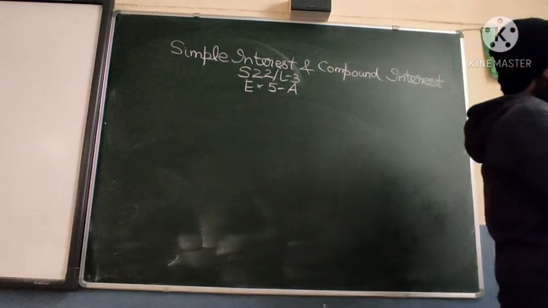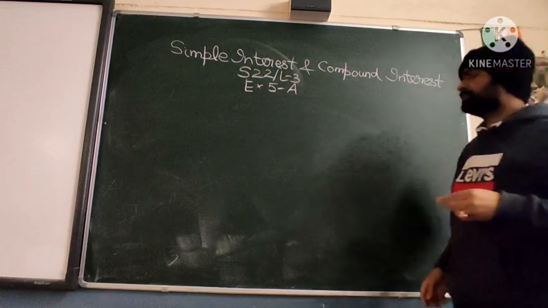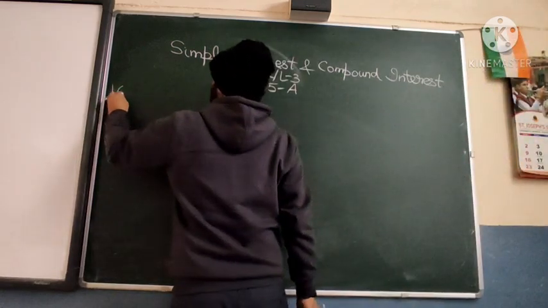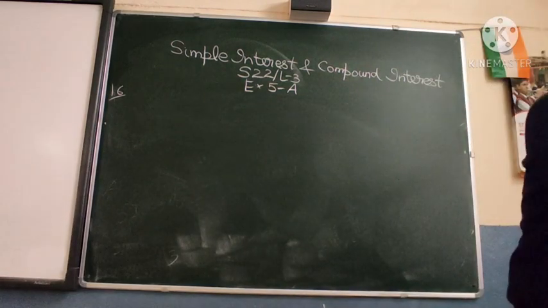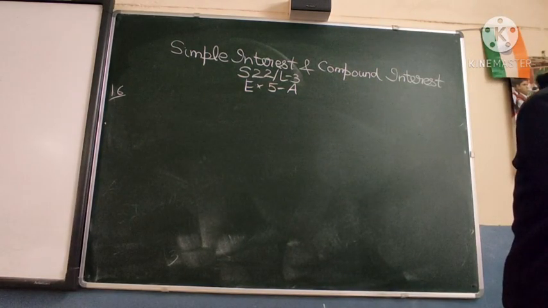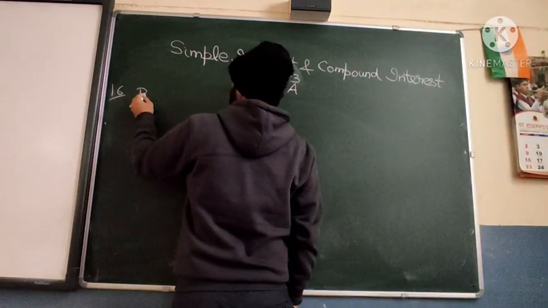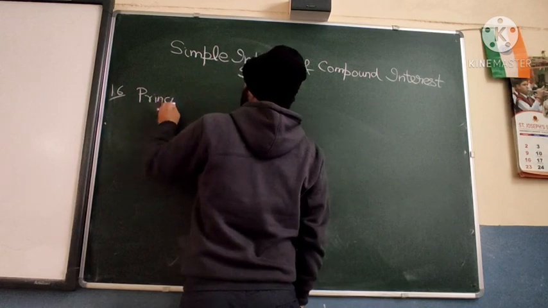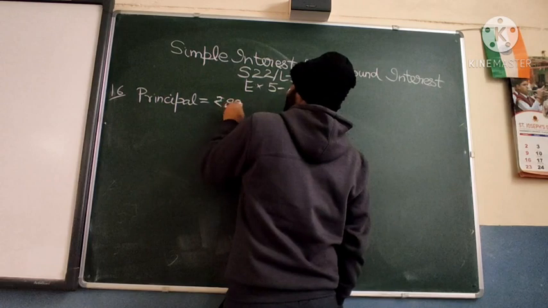Next, I'm taking up question number 16. 16 is a good question. The 16th question says rupees 41.75 was paid as the interest on rupees 835. So on 835 means the principal is rupees 835.